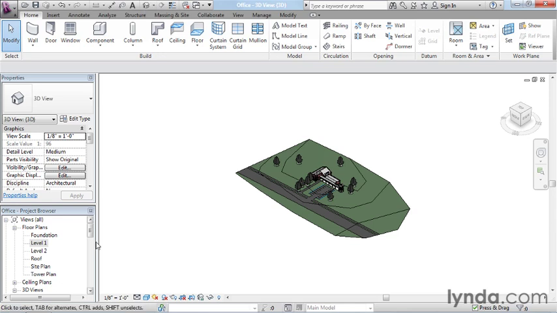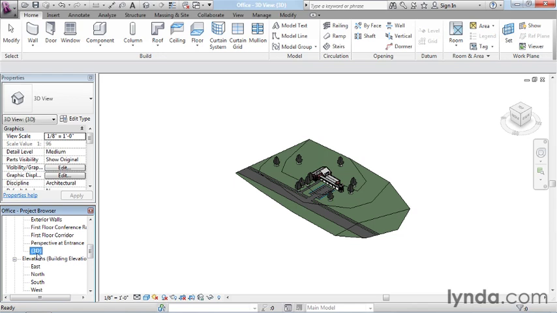Let me show it to you here on the project browser. Scroll down. You can see the name has the letters 3D, but it's got the little curly brackets around it. So that's the default name that Revit uses for the default 3D view. If you're in a work sharing project, it'll actually add your username inside the brackets there. Now, in my case, it came up shaded because I already had this 3D view. So what I'm going to do is delete it